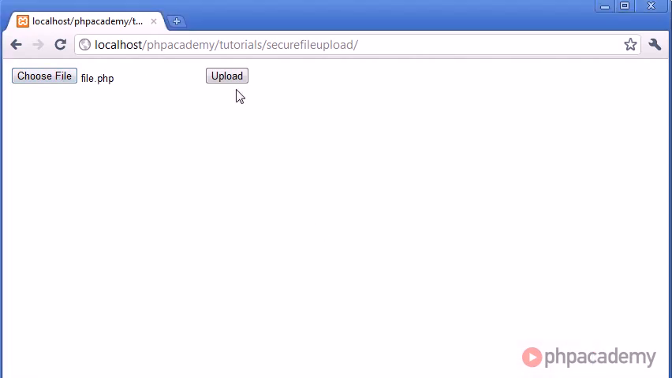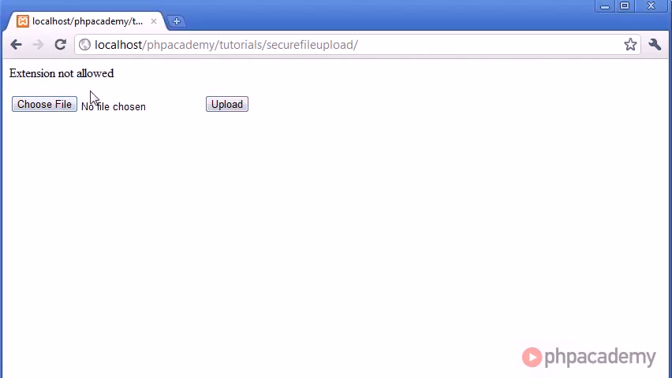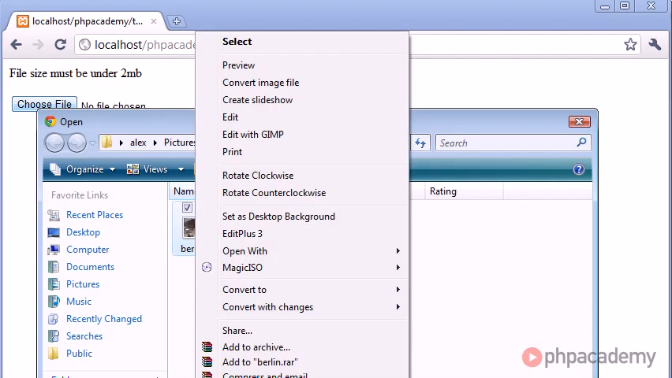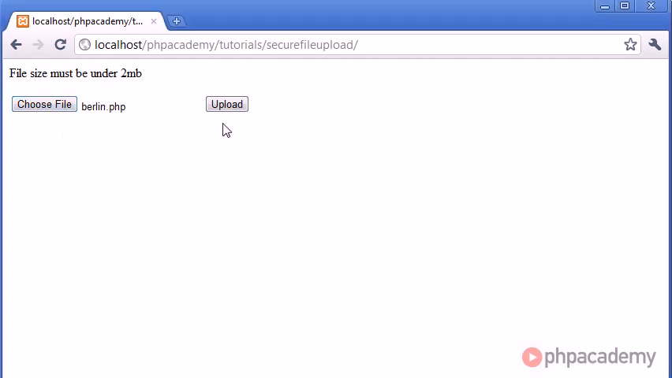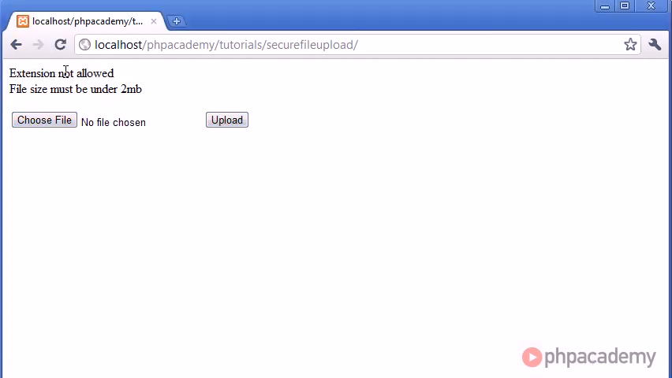Let's choose file.php, click upload, extension not allowed. We can then go and choose berlin.jpg, which is over 2 megabytes, click upload, and it says file size must be under 2 megabytes. So if we were to again change this berlin.jpg to berlin.php, that's again a PHP extension and over 2 megabytes. So when we choose that, we have both the errors returned. So it's a lot easier way of doing things, and it's great practice to get into,